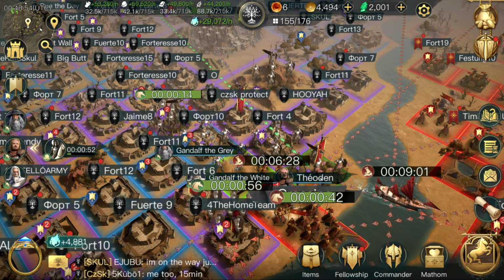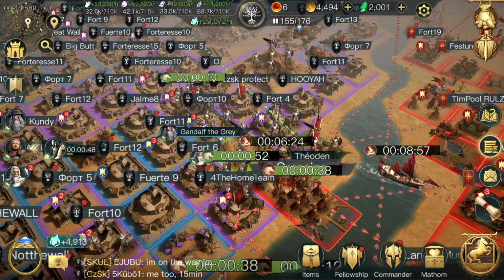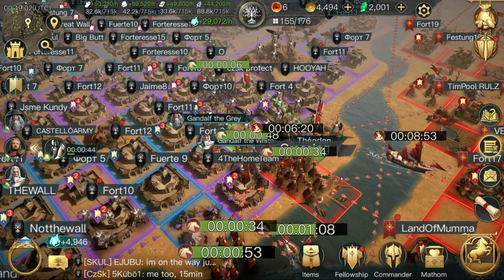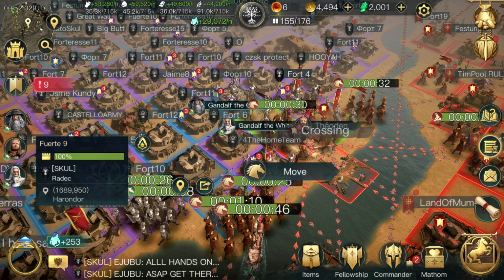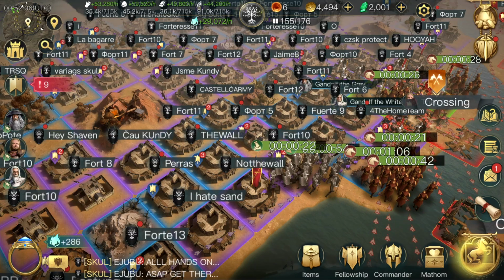I can defend these areas pretty well. It's all about these guys protecting the other parts, because I can't protect them. That Witch King was already injured a bit, but he ran away. I'm guessing he probably went back to the safety here. Righto, guys, we're going to move Gandalf the Grey just over to this area here, because I feel like they